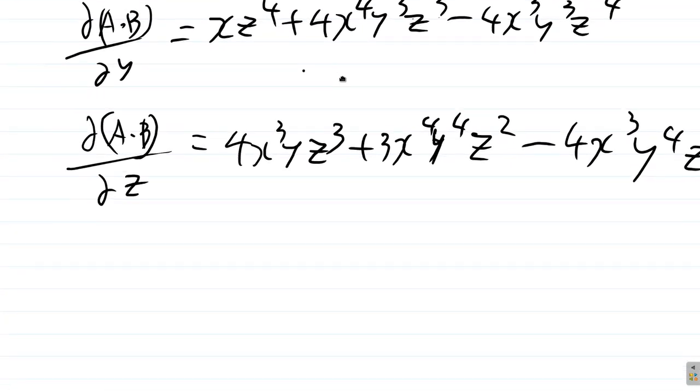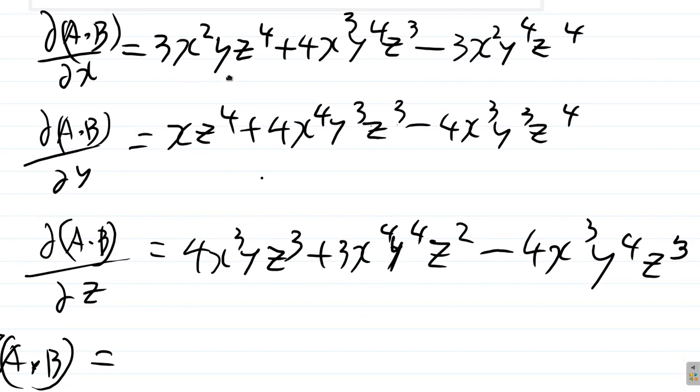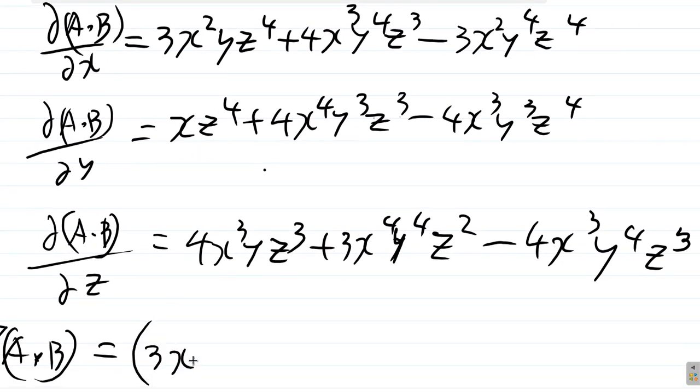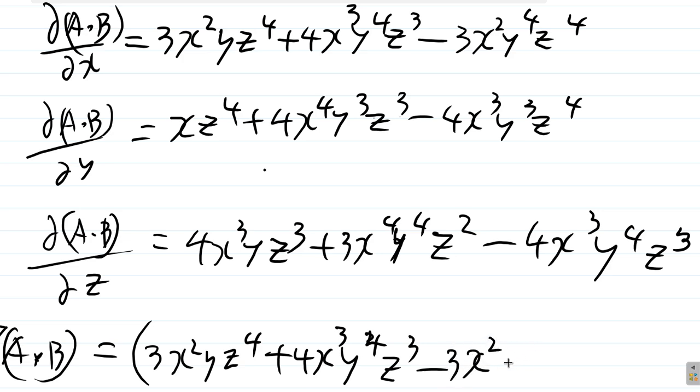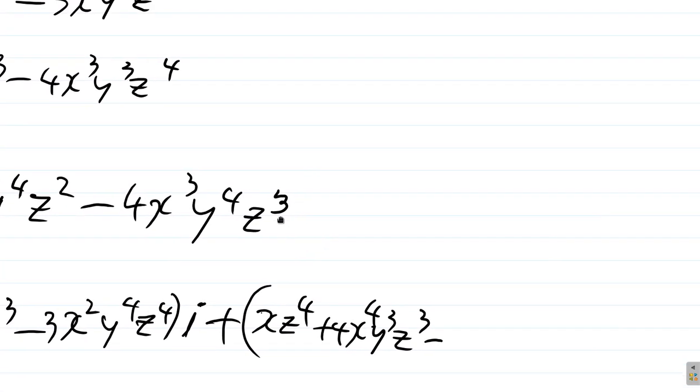Now, that means that the grad of A dot B equals this one, i. So it's going to be 3x squared y z to the 4th plus 4x cubed y to the 4 z cubed minus 3x squared y to the 4th z to the 4th i. So it's this part i, plus, and this other part j is going to be x z to the 4th plus 4x to the 4th y cubed z cubed minus 4x cubed y cubed z to the 4th j, plus, then